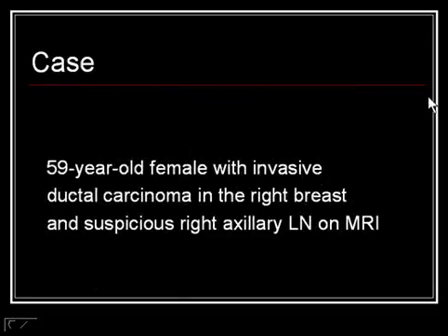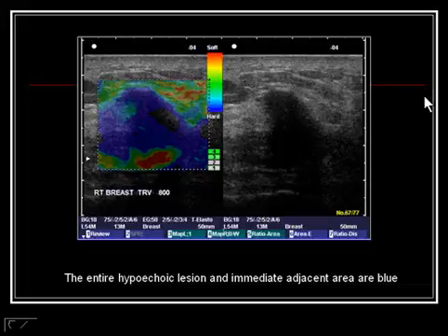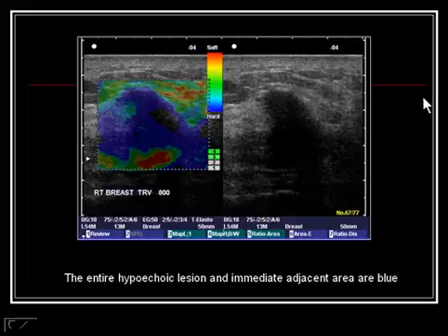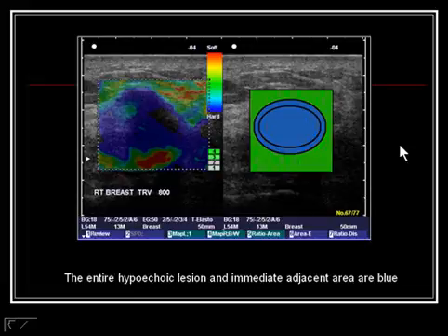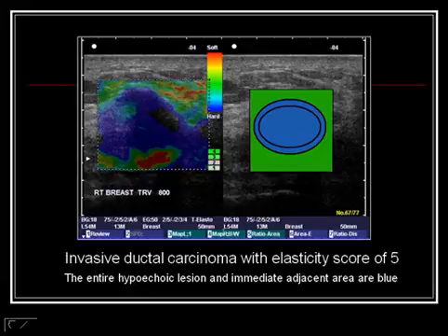I would like to present you with a case of a 59-year-old female with an invasive ductal carcinoma in her right breast and suspicious right axillary lymph nodes that were documented on MRI. This is the B mode and the elastogram of this lesion, and it has a score of 5 because the lesion on the elastogram appears larger than the one on the B mode. So it was given a score of 5, and the biopsy demonstrated a